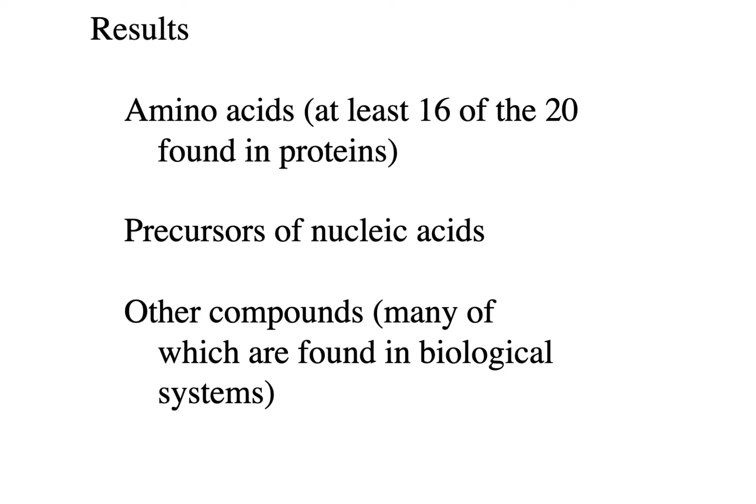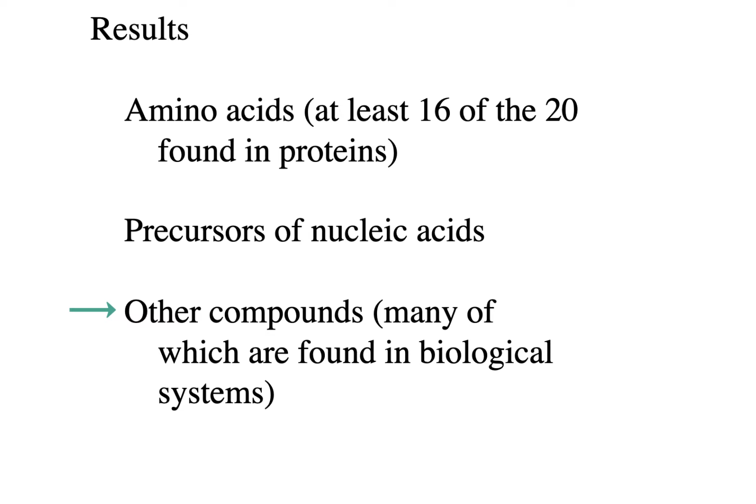So abiotically, at least 16 of the 20 amino acids found in proteins can be produced, although those 10 that I mentioned last time are in the highest concentrations, and those can be produced abiotically, and they're also found in meteorites, whereas these other 6 are not. Also, you can produce nucleic acid precursors and other compounds, and some of these other things are also found in